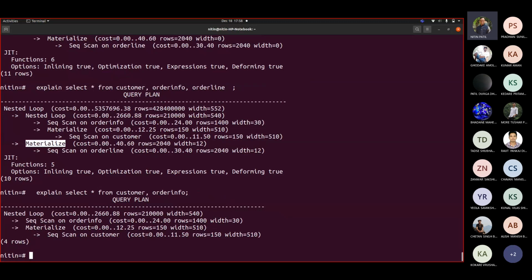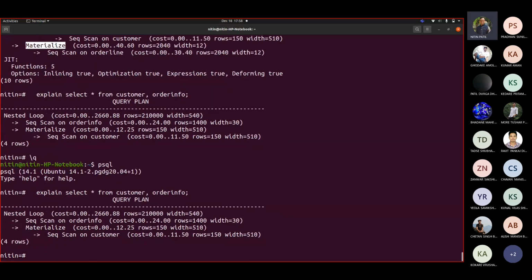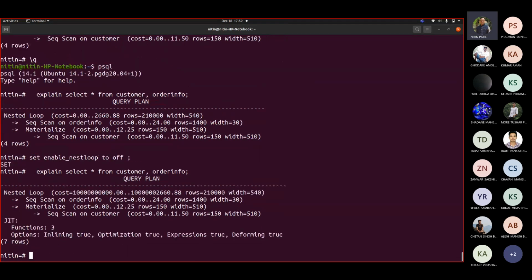By the way, you can learn about them in any database book. I'm only showing you what the plans are. So okay, let us switch. Yeah, so I got this nested loop. You can see what the cost was for nested loop. So if I set enable nested loop to off, there can be only one plan for your cross product. Correct? There would be only one plan.